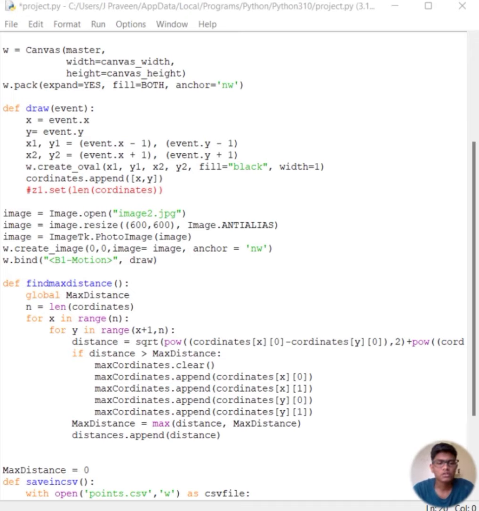Now this is the code for finding the max distance between two coordinates, and the name of the function is find max distance. Next, defining another function for saving this information in Microsoft Excel, and this is the code for it. We will open MS Excel and save each and every coordinate